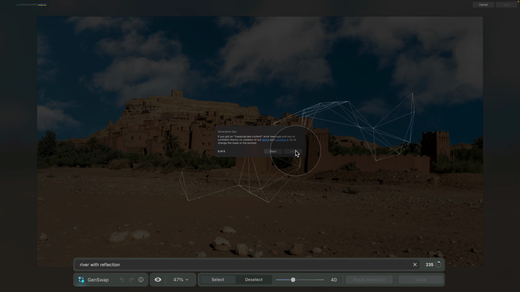But in the meantime, let me tell you how the GenSwap works. To put it simply, the tool works by taking the chosen area and sending it to the cloud. There, an AI machine attempts to create the element you requested and blend it seamlessly into the surrounding areas. Once completed, the tool sends the updated image back to the application, replacing the original selected area with the newly